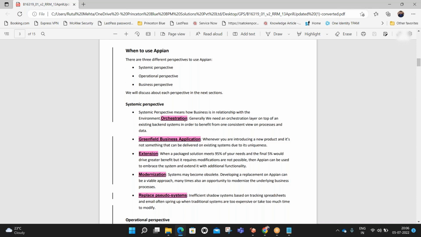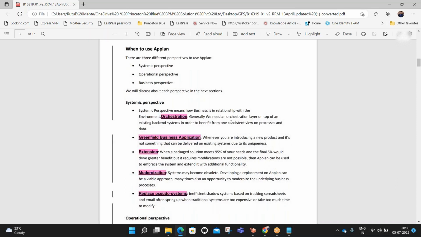Yeah, so we have the orchestration layer, then we have greenfield business application. Whenever we need to introduce a new product that can't be delivered using the existing system due to its uniqueness, and a customer wants to opt for APN, we can explain why APN and showcase our environment, which is definitely unique with respect to all other tools. So, for example,